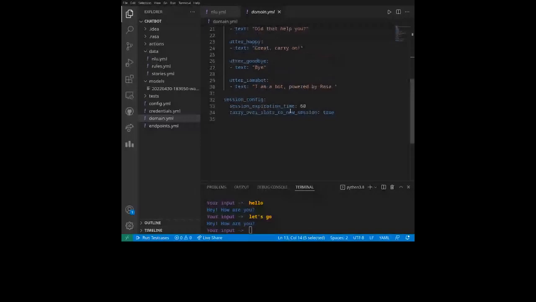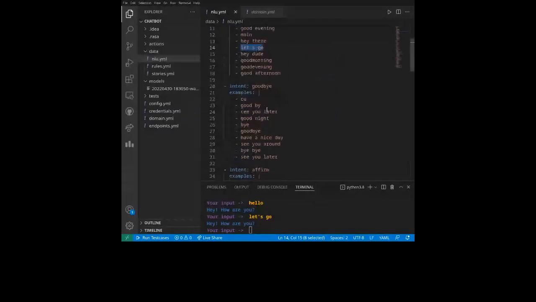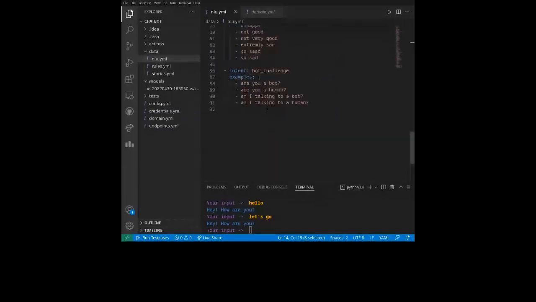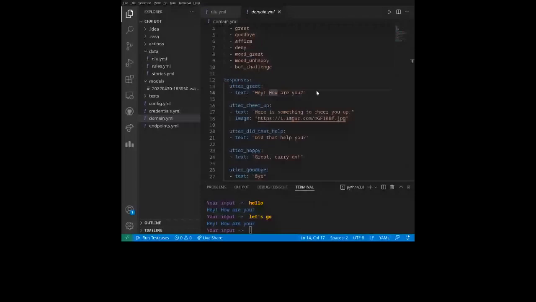Here, whatever our assistant needs, like whatever our assistant needs in intents, we write all those things here so that the assistant can learn about it and give particular responses. Now, are there any problems still other than that? We learned NLU YML, we learned domain YML and config YML. Any doubts till there?